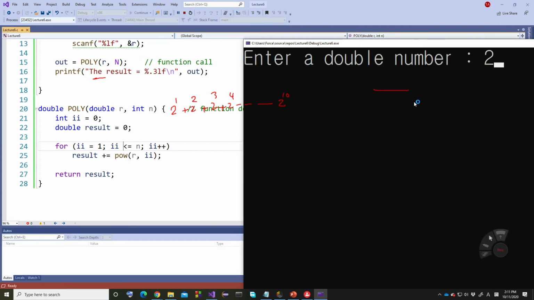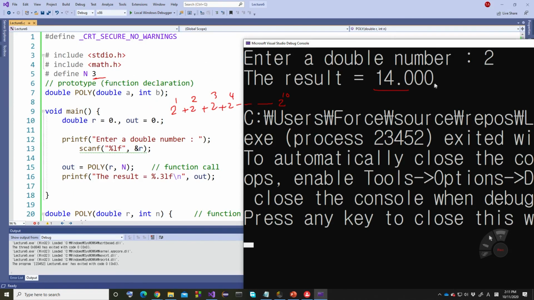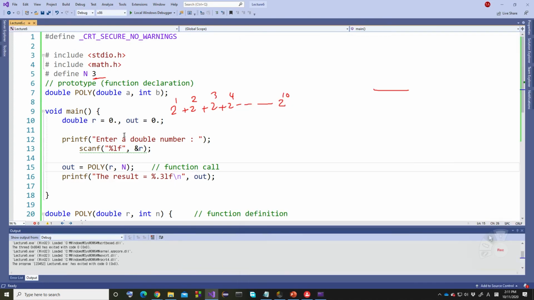Okay, so 14. Yes, 14, this one. So this is from 2 to the power 1 until power 3. It's working fine. And what we have learned from this example is how to pass